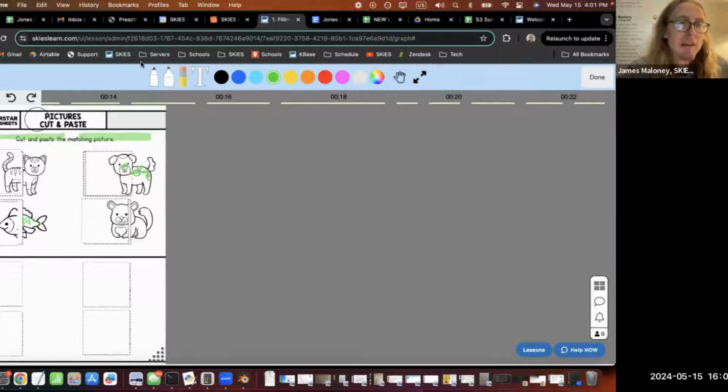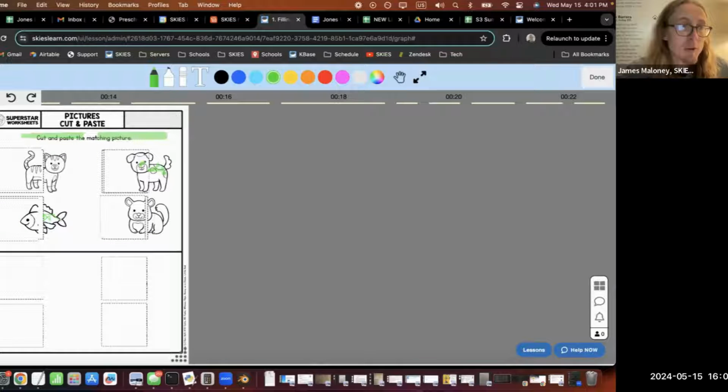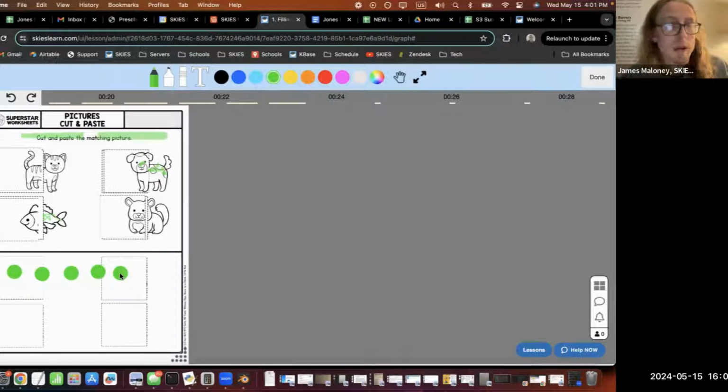If I go back to the pencil, you can see there are even these little figures here, like if I wanted to draw circles for some counting collections. Super flexible. And so it's like Cami on steroids, but it can do way more when it comes to what really matters, which is giving kids feedback.